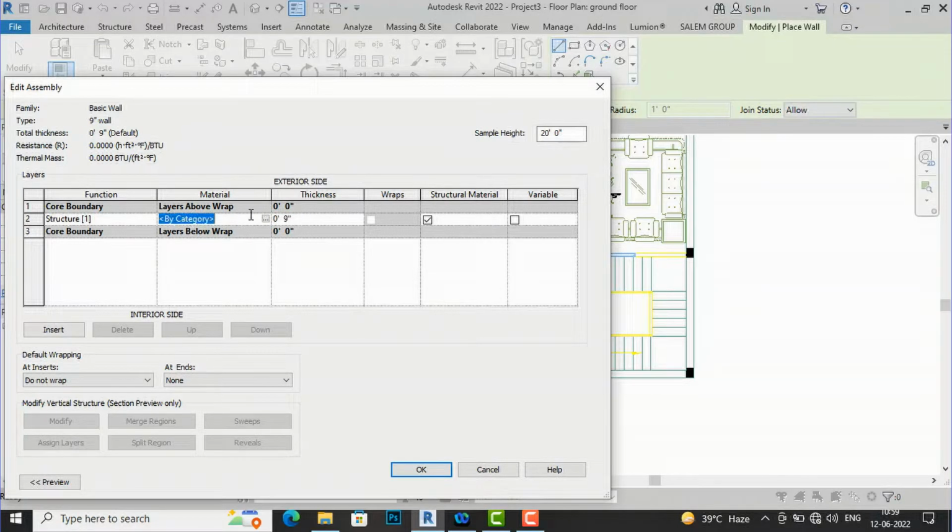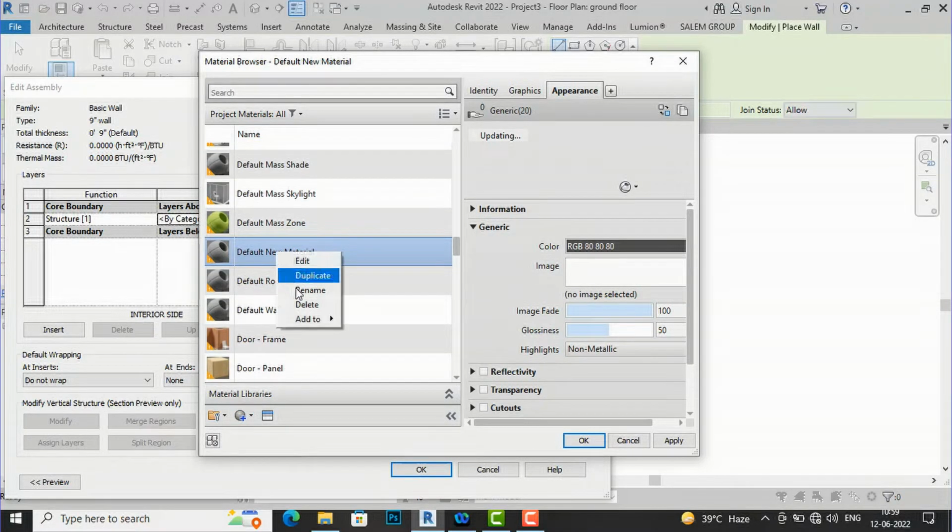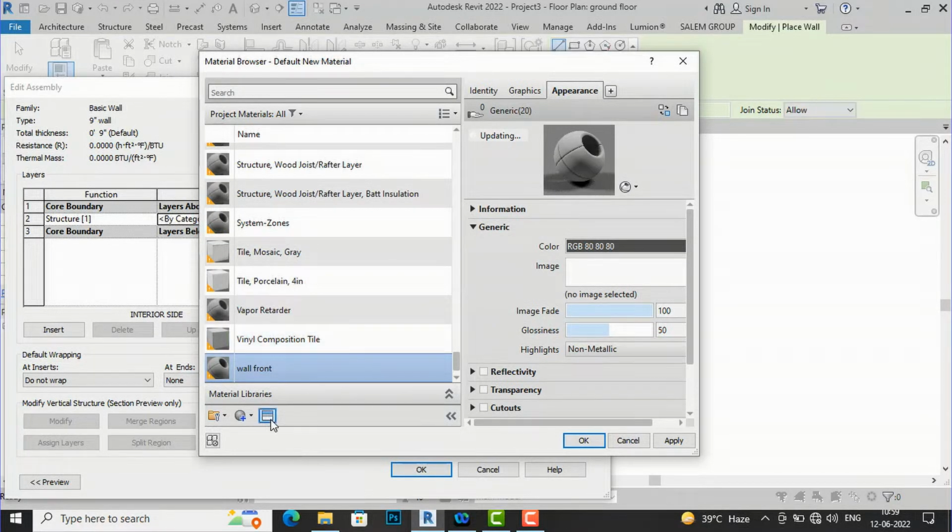And you can also change the material here. So I will create a new material, and I will go to create a new material here, and I will rename this as wall front, and I will go to material list,